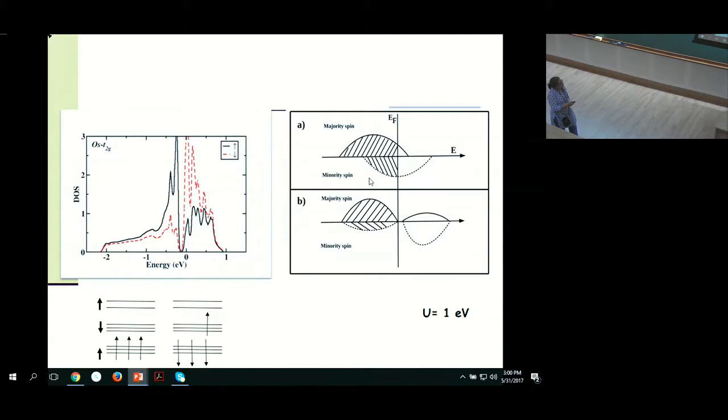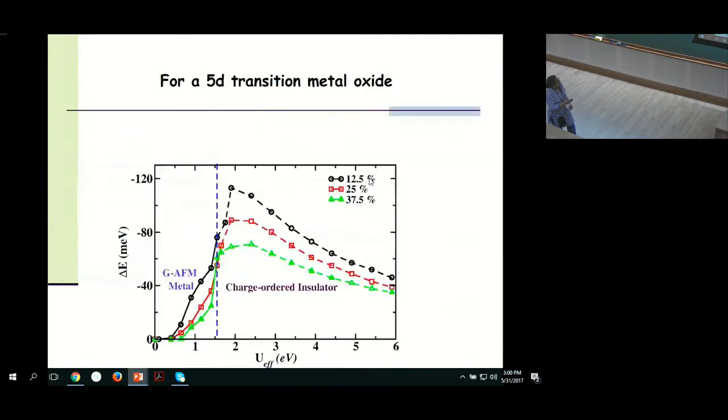And so it's not totally fully spin polarized. It's something like this schematic which is shown here. You have some weight of the majority spin over here, and similarly you have some weight of this. This happens in the itinerant limit as you're going to the fully polarized limit. And so this electron still has some delocalization pathways available to it. As a result, for small values of U, you have the G-type antiferromagnetic phase stabilized, and as you increase U, this electron gets localized, and then you have this charge-ordered phase stabilized.